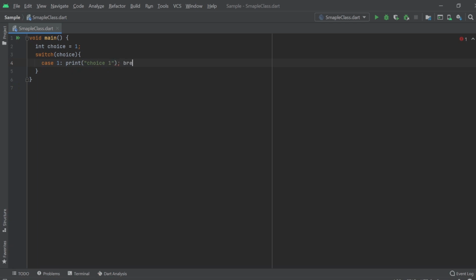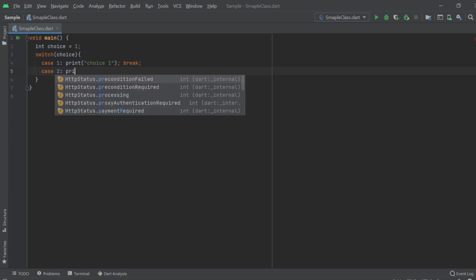Then I will write the break keyword, and then I will write case, and then the second value that I want to compare. Simply I am writing choice is equal to 2. Choice I have given in the parentheses and the value I am giving in the cases.